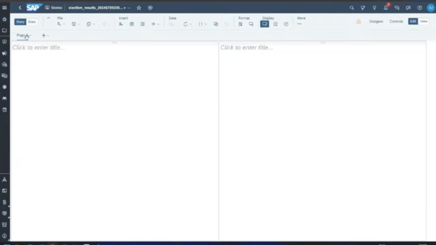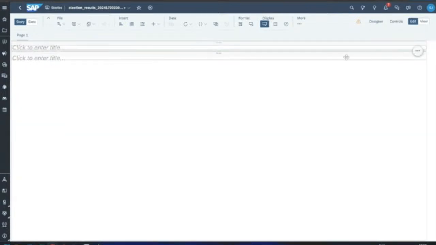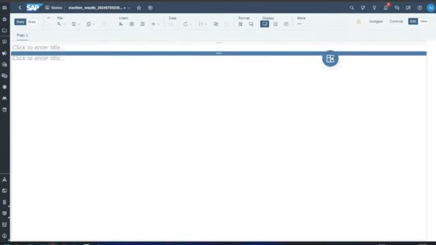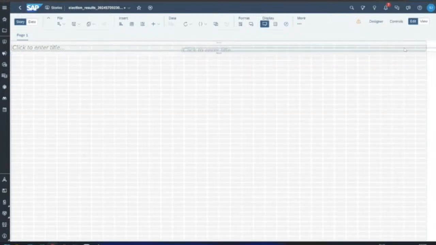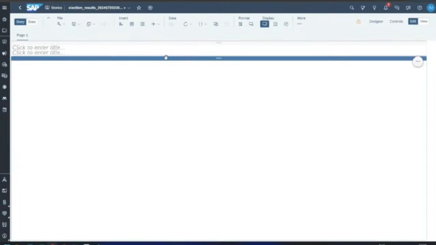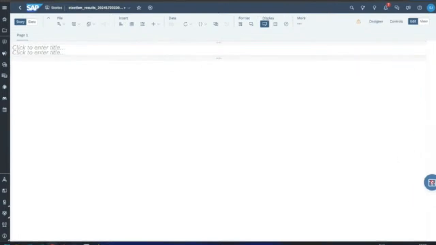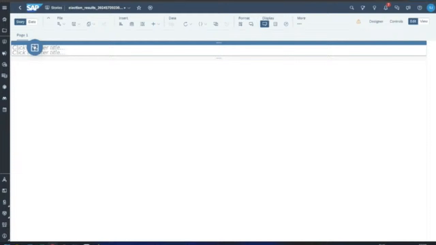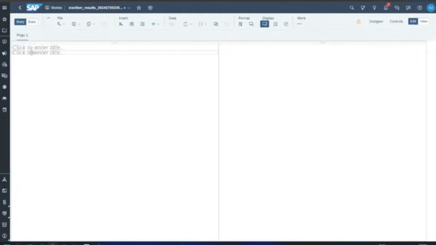So here we got a page. A story includes a page, and a page includes different panes. Inside the panes we can adjust and adapt our application. We can drag and drop these panes in different directions to get them adjusted.